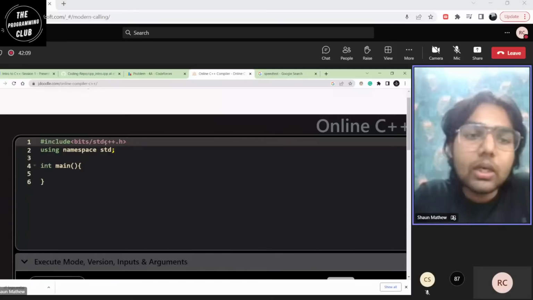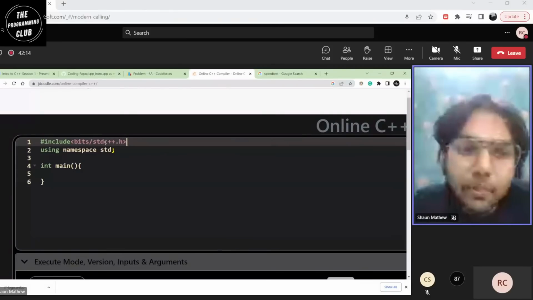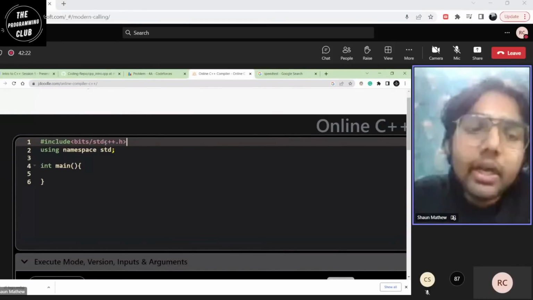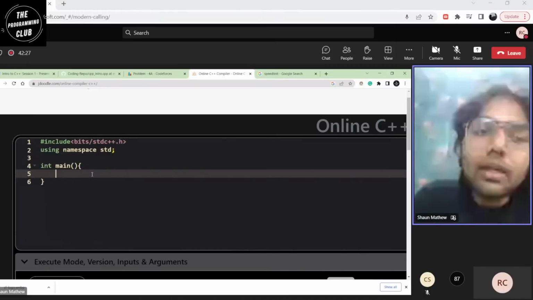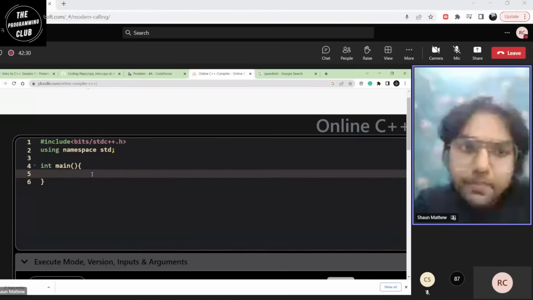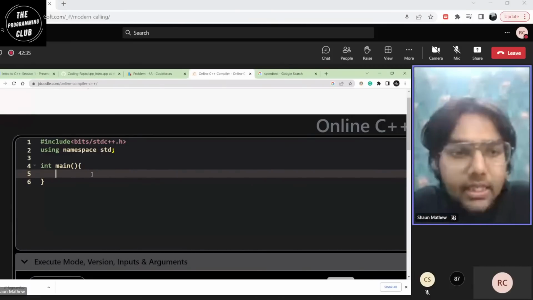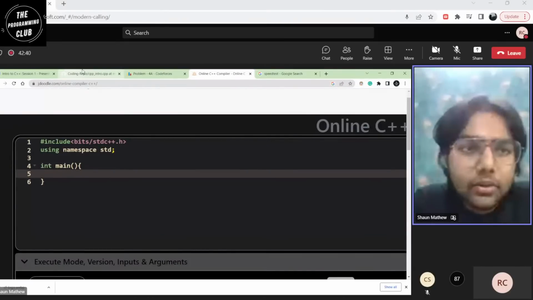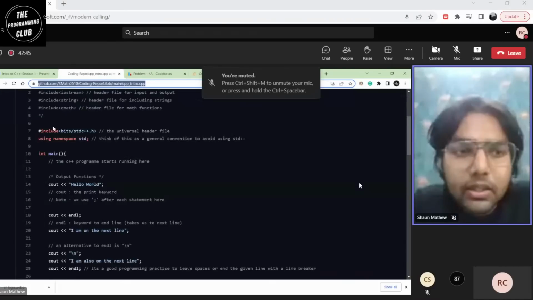So this is what I wanted to introduce you guys to. When you go online and search compilers, you will see iostream and all popping up. Those are small, specific header files. This is a general universal header file. You can call it that way, and you can use all the functions out there. So now we got to know what header files are. We got introduced to the universal header file, that is bits/stdc++.h. I would recommend writing it down. We'll be sharing the coding repo. Here also, if you see, I have mentioned this. You can have a look.